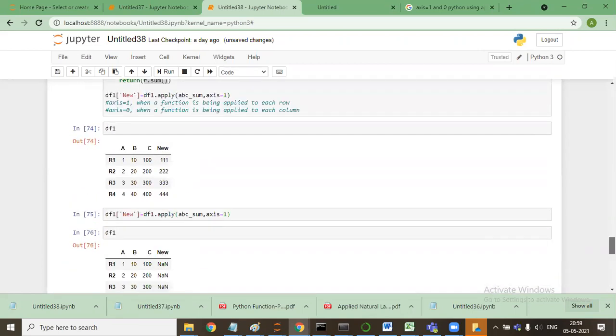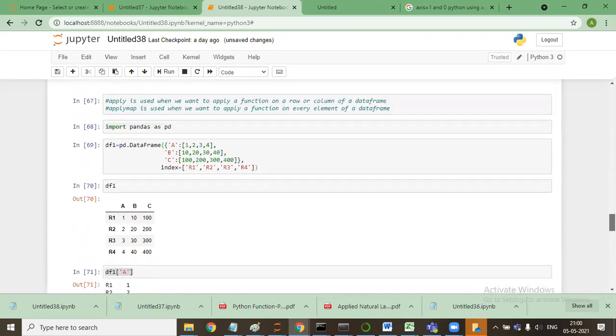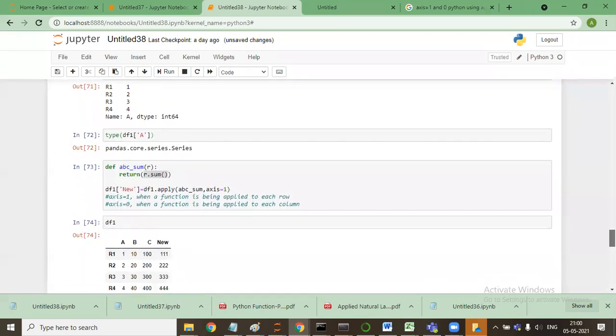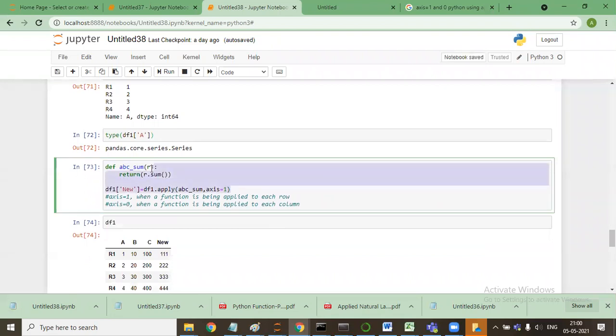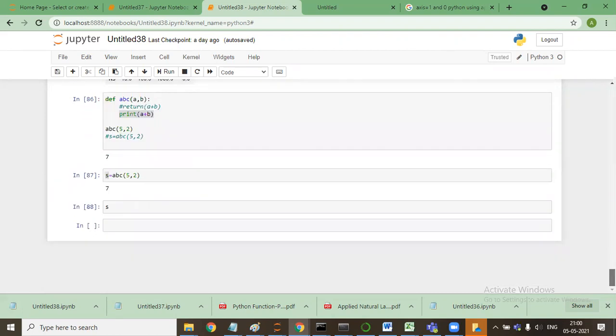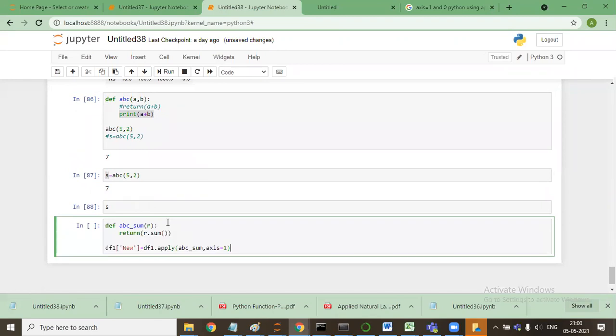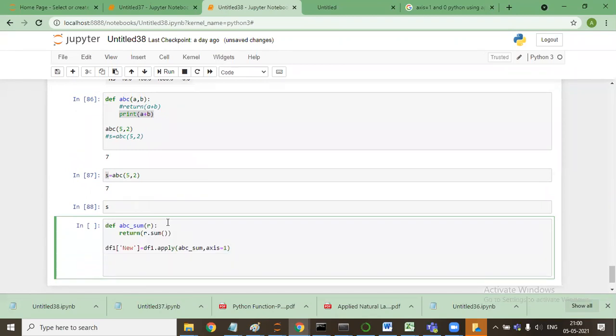So now the same function which I have made, I need to write it in the form of a single line. Then what should I write? I'll say df1_new is equal to df1.apply, and lambda.